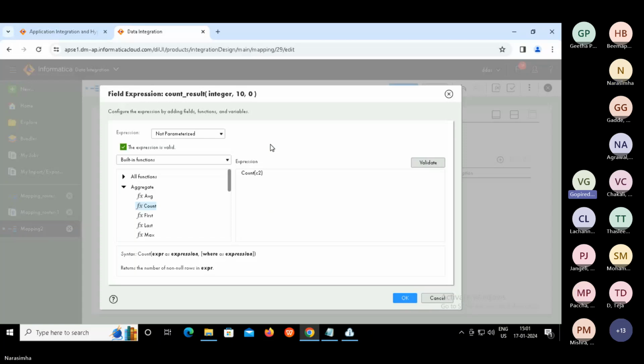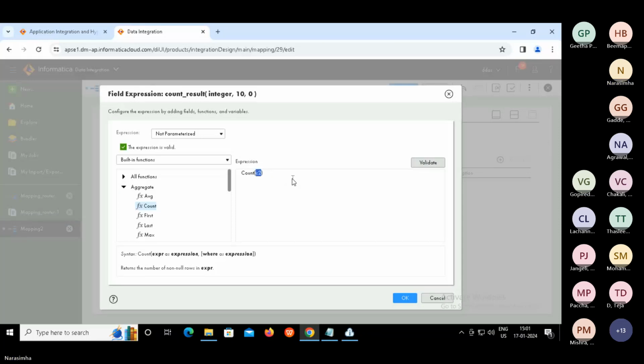So, Nasim, just one thing. We have selected column C1 in group by, but we are counting on C2, or where have we defined that? By default, we have it in the source: C1, C2, C3. So it's the same column; we have not done any manipulation, we are just using it here.